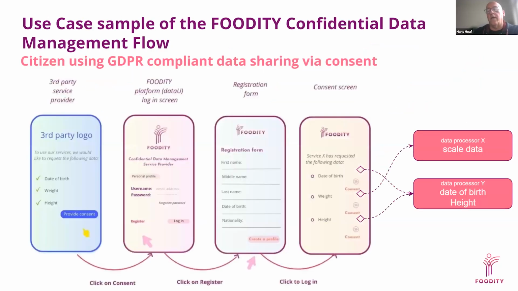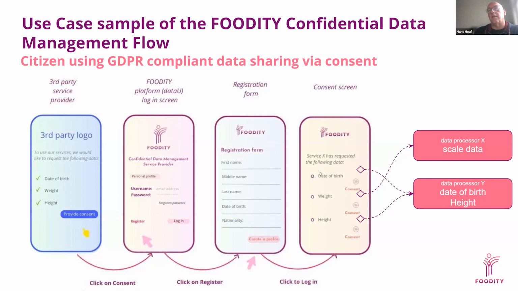So how does that work in reality? And I try to do that on screens. So suppose the data processor, a third party service provider, asks a citizen for the date of birth, the weight, and the height, and asks, please give me explicit consent. When this citizen is already registered in the FOODITY DataU platform, then we jump directly to the consent screen,